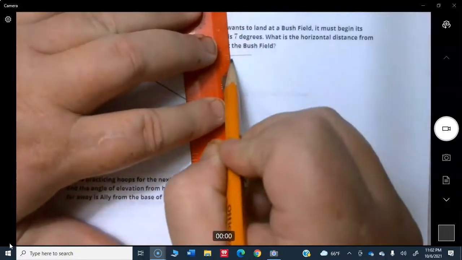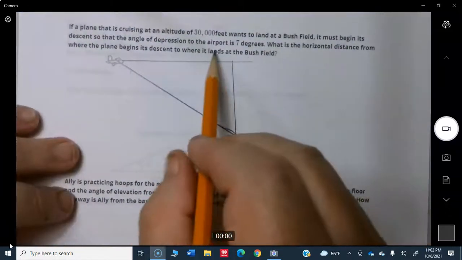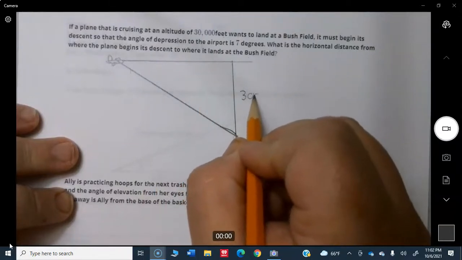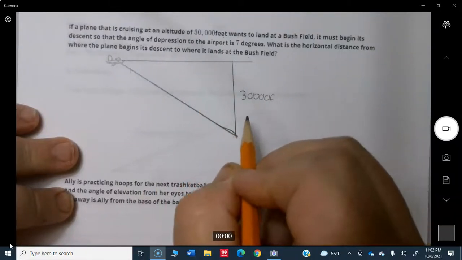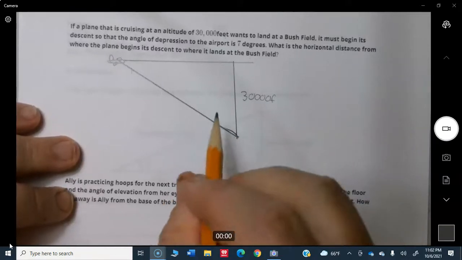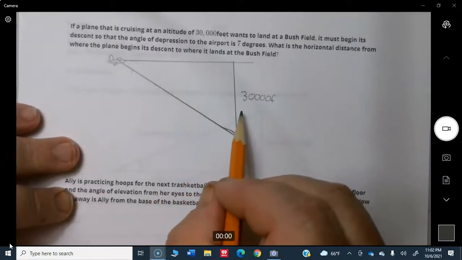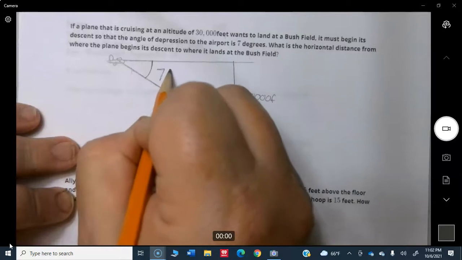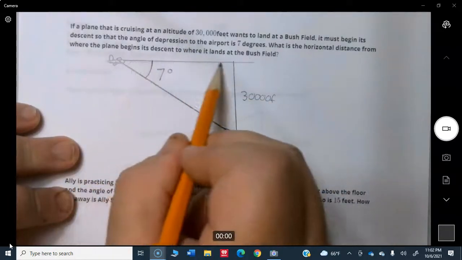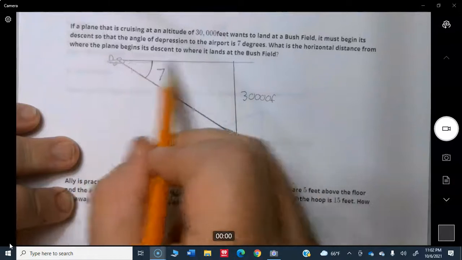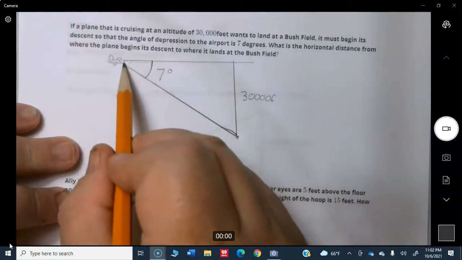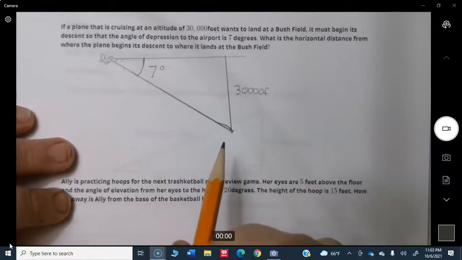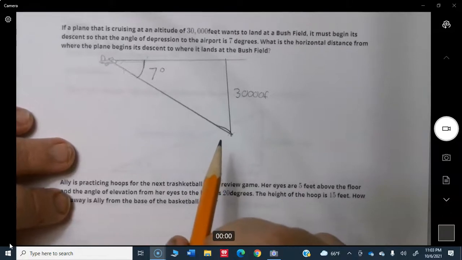So we're creating a triangle here where it says it's 30,000 feet above the ground. The ground is down here. So this is 30,000 feet. Okay. And what it wants to know is what the 7 degrees is the angle of descent. So that's 7 degrees. So it's going horizontal. It's just flying above the ground at the same elevation. And now it's got to descend down at an angle of 7 degrees to get to the point where it's going to land. So it wants to know what is the horizontal distance from where the plane begins its descent